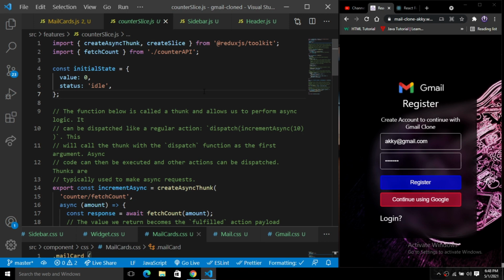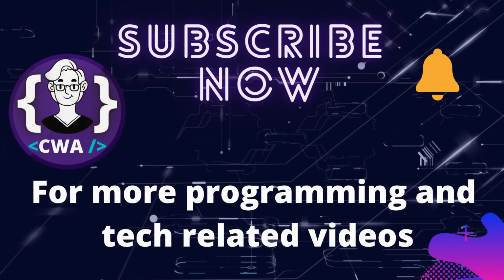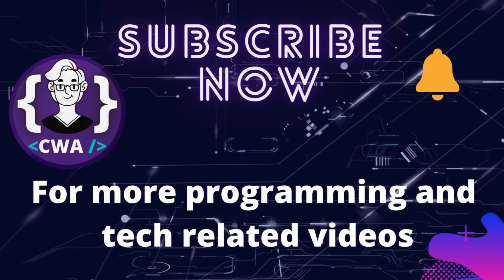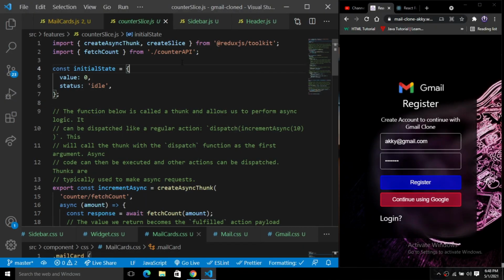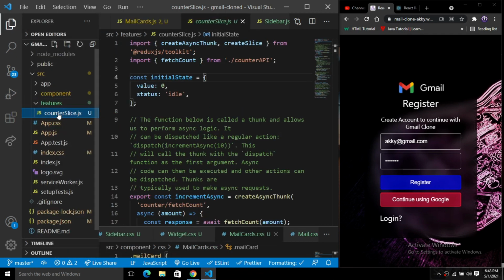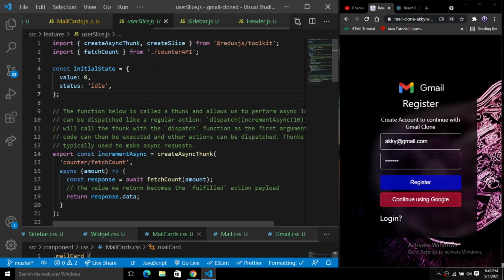Okay, so let's get started. So basically we are inside of this counterSlice.js. First of all, let's rename this counter slice, because we are going to remove this counter slice and rename it userSlice.